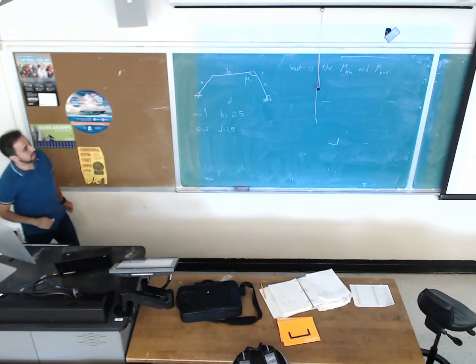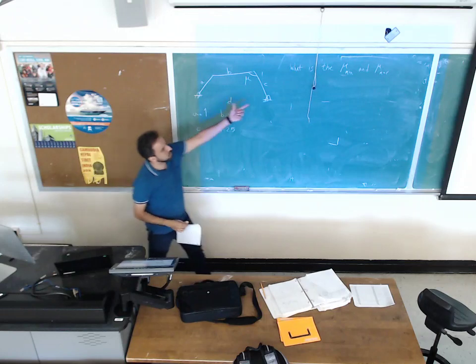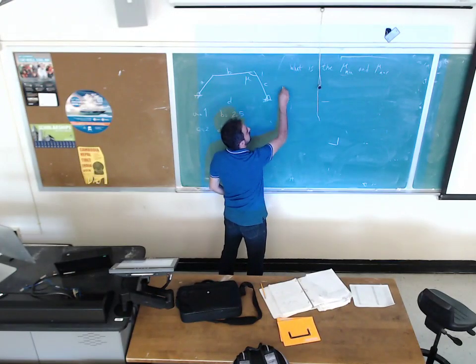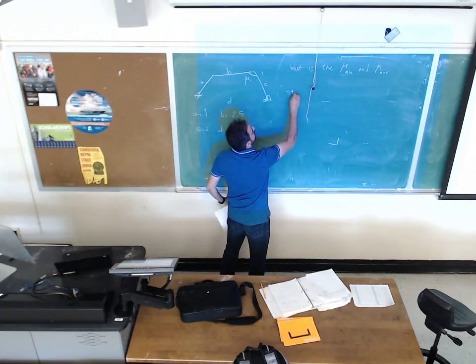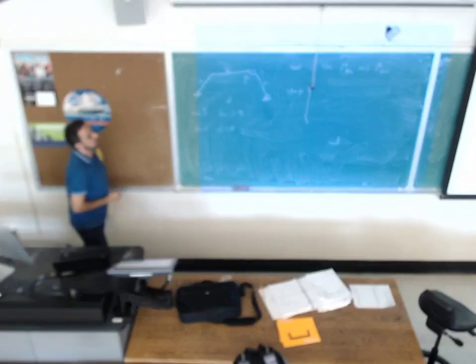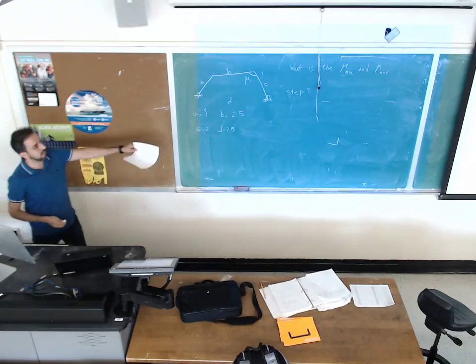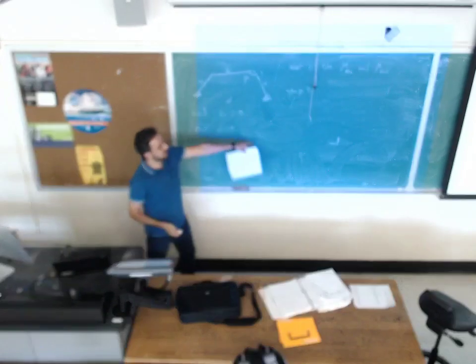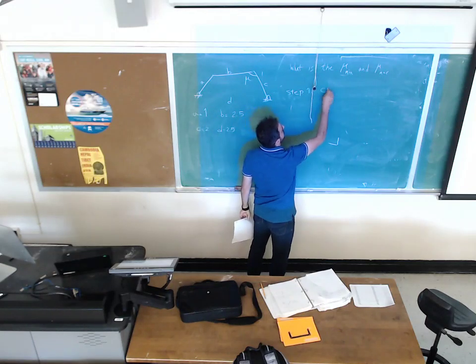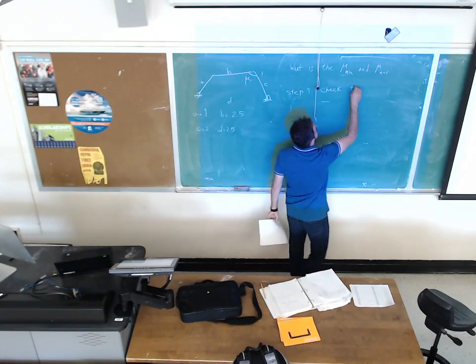The lengths of the mechanism are given. We are looking for the minimum and maximum. The first step that you need to do is figure out if you have a Grashof mechanism or non-Grashof. And if it's a Grashof mechanism, is it crank rocker, double rocker, or double crank? So check the Grashof